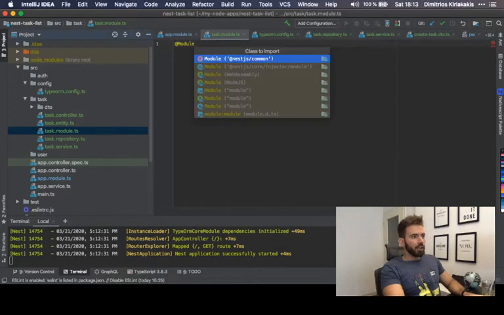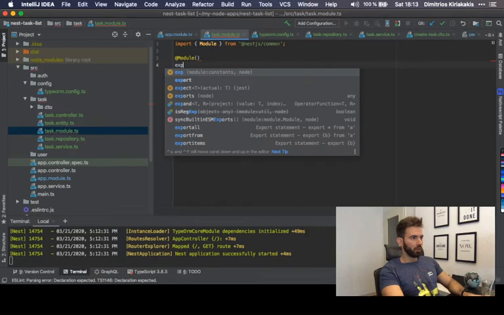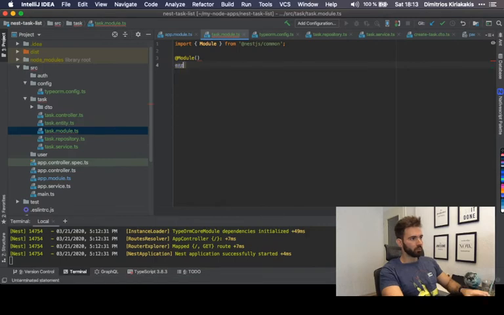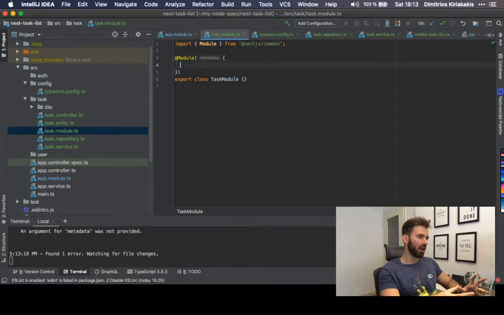Yeah, so we import the module annotation from Nest. We will export the class which is named task module, of course. Yeah, and then in the module annotation, we have to pass as parameters all the individual